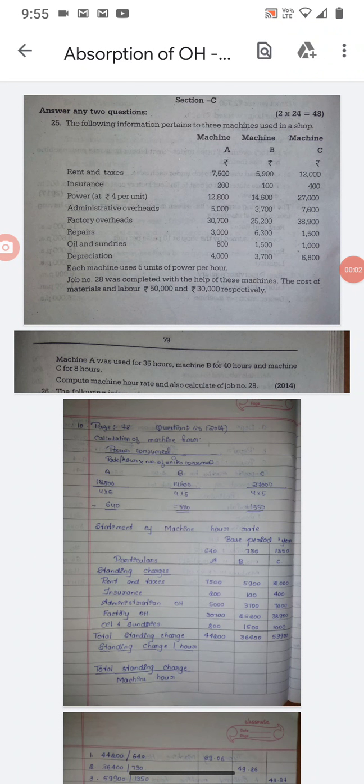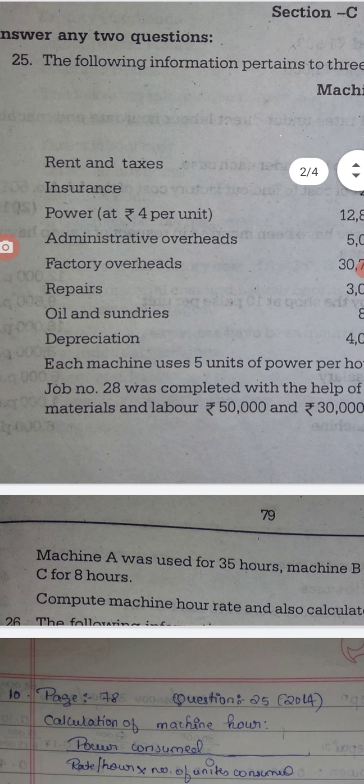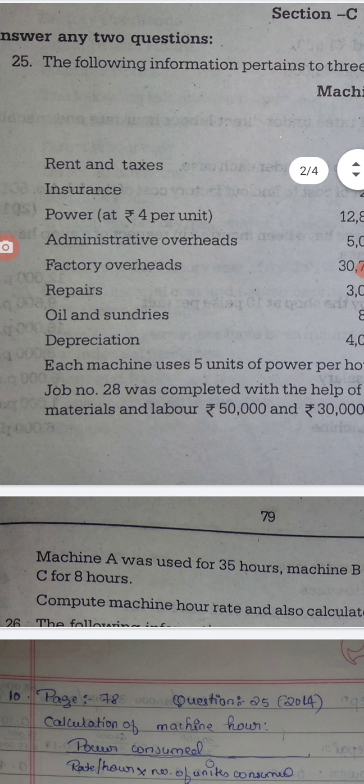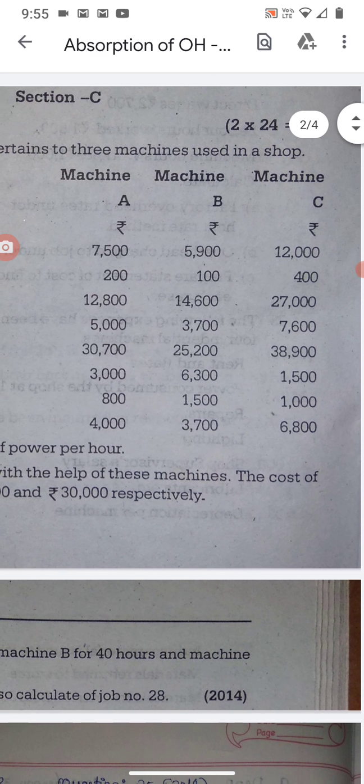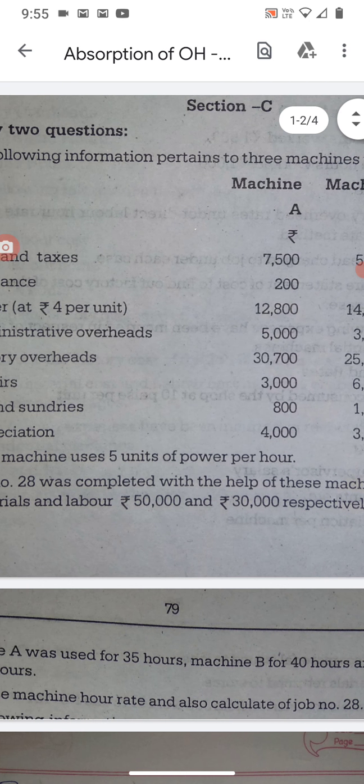Students, we will solve a problem on machine hour rate. This is one more concept under the third chapter, absorption of overheads. Remember, in absorption of overheads, formula-based problems are done. Now we will be moving on to machine hour rate problems, which are very important from the exam point of view, and it is asked for 24 marks under Mangalore University.